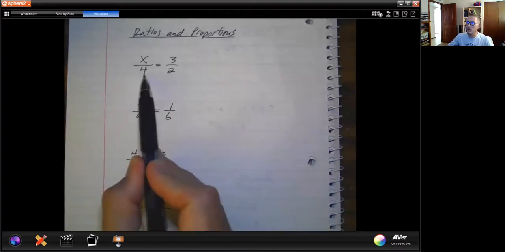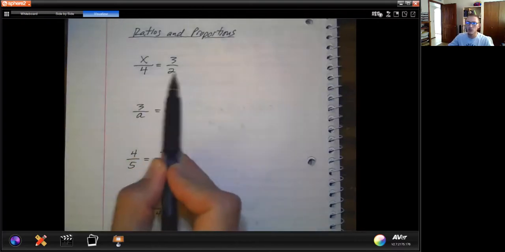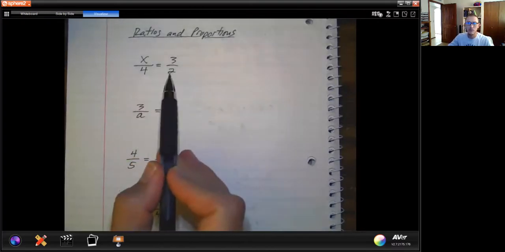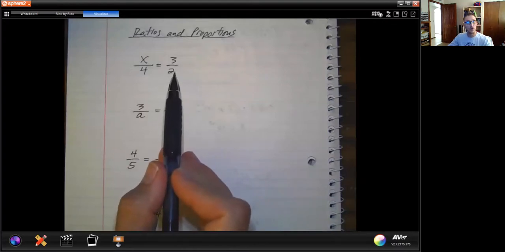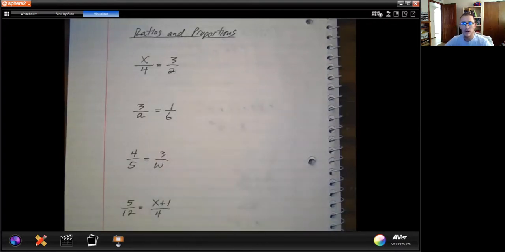So notice first of all, here you have your two fractions that are set equal to each other. Has to be a fraction on both sides of the problem. Now, if it's not a fraction, you can turn it into one. So if it's just 5, you can make that 5/1. So at any point in time, you can use this method if you like, just by creating fractions. Now, you can't have anything extra on a side of the equal sign. We'll talk about that. So the first two examples are going to be ratios and proportions that are pretty straightforward